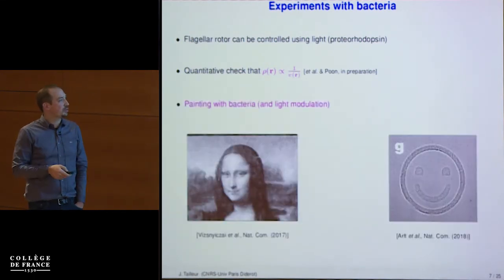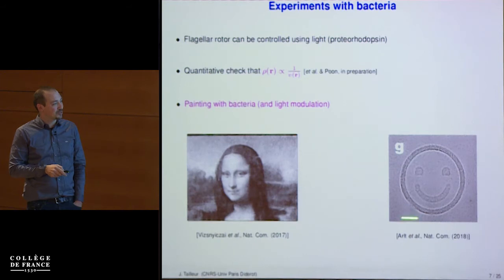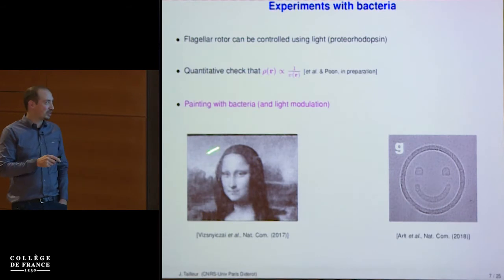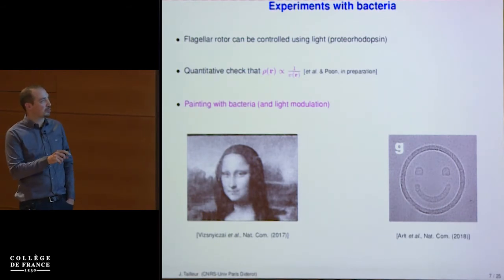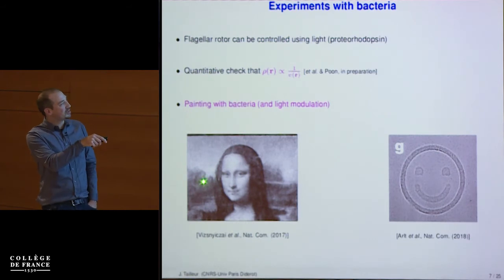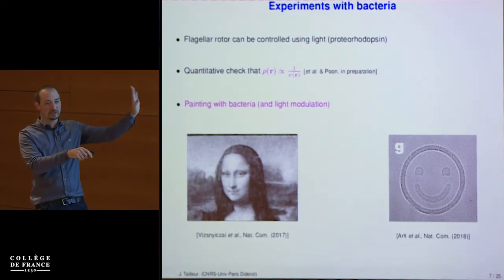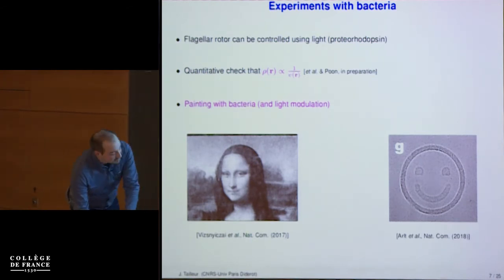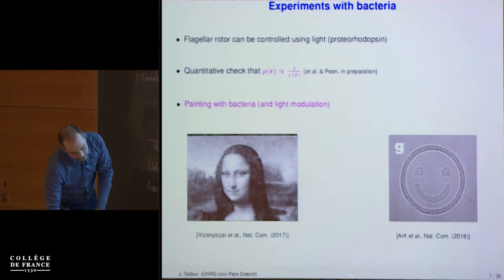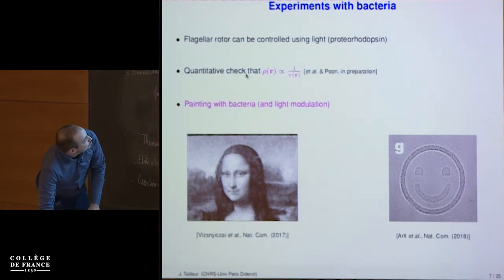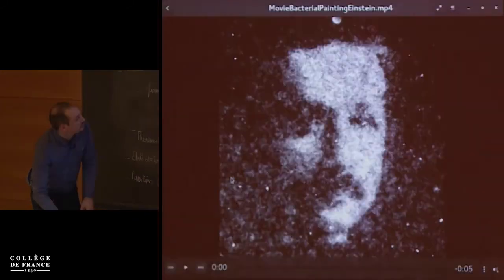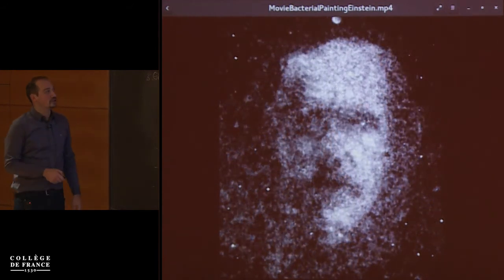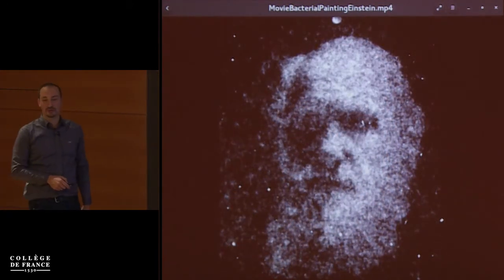And you can do fun things with it. So that's what was done in the lab of Wilson Poon in Edinburgh. This is what was done by Roberto Di Leonardo. So it's not just a crappy picture of the Joconde. What they've done is they have sent a light field that corresponds to the head of the Joconde, and that's the density of bacteria. And you could say, well, that's just a steady state. Maybe it's not so interesting, but you can actually play with it. So for instance, you can start with a picture of Einstein, and you change the field of light that you impose, and you get a picture of Darwin instead.